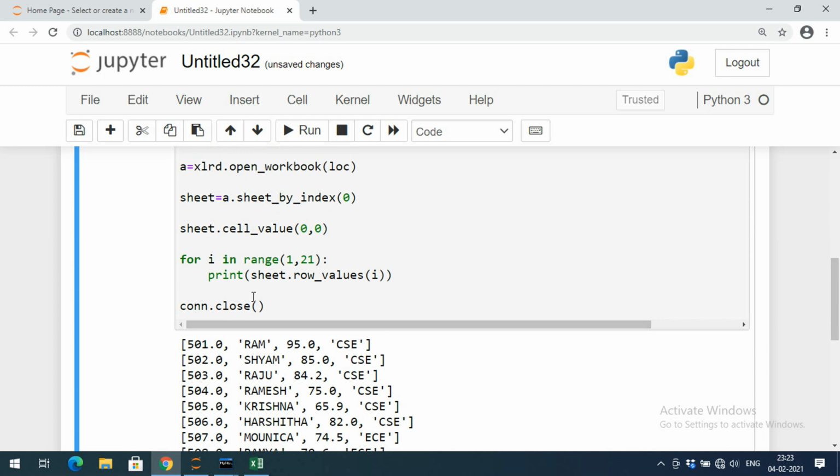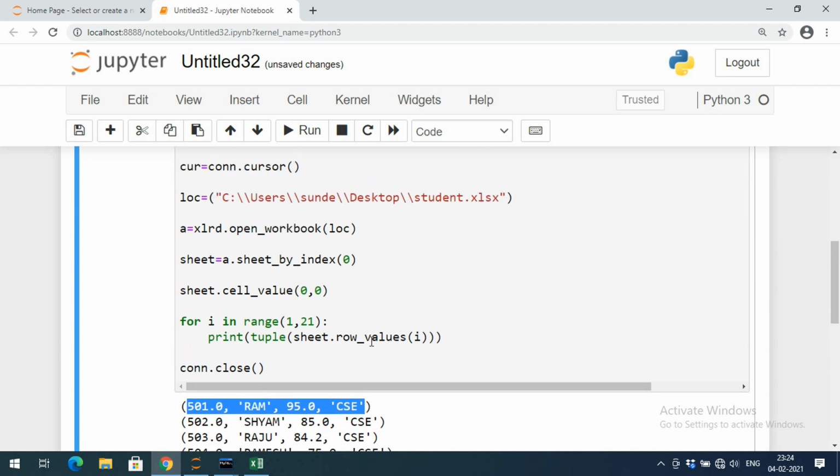But we know, we have seen in the previous session, if you want to insert any record, we have to specify that complete record in a tuple. So how to convert this list into a tuple? By using the tuple function. I will give the tuple function here so that everything will be converted into a tuple, right? See, I'm just converting this one into a tuple. You can observe here, I have given each and every row to the tuple function so that the complete row will be in the form of a tuple.